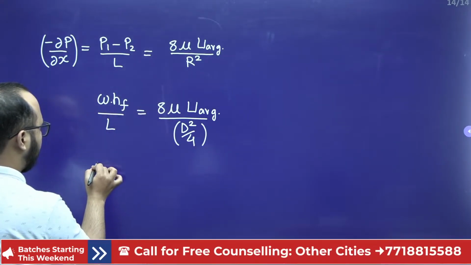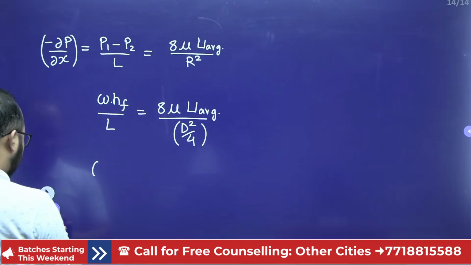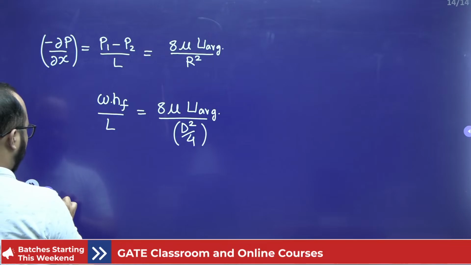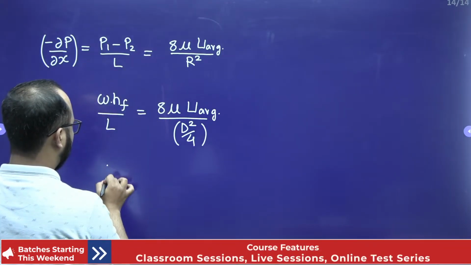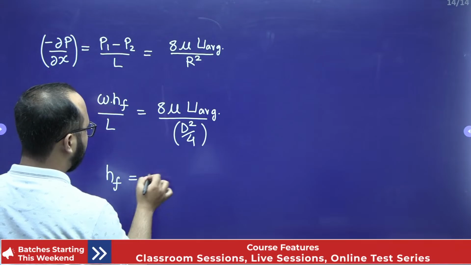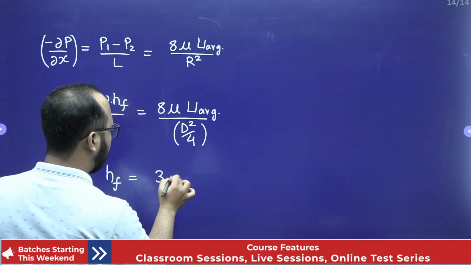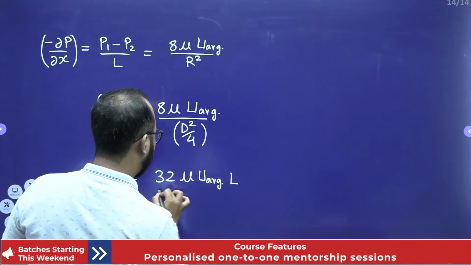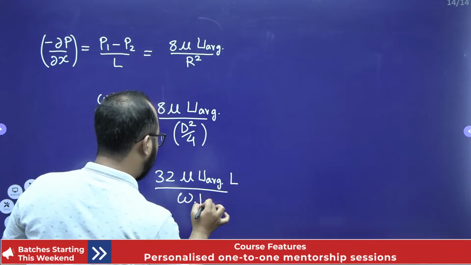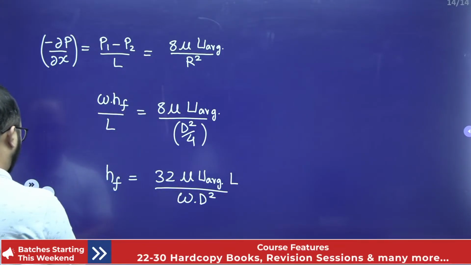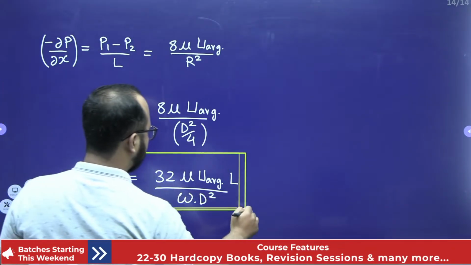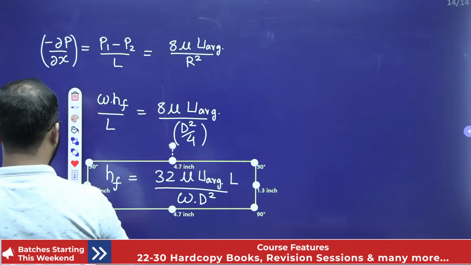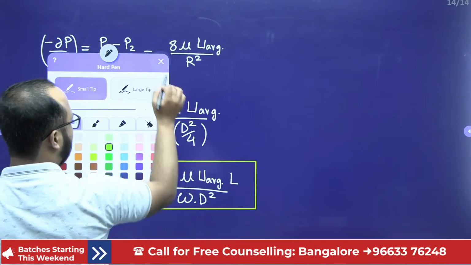Now from this, you should understand what I am doing here. I want to derive the head loss formula. The head loss formula will be 8 into 4, which is 32 μ U average into length, divided by γ D square. This relation I wanted to derive here. This is a very important relation, guys. And this relation is the head loss